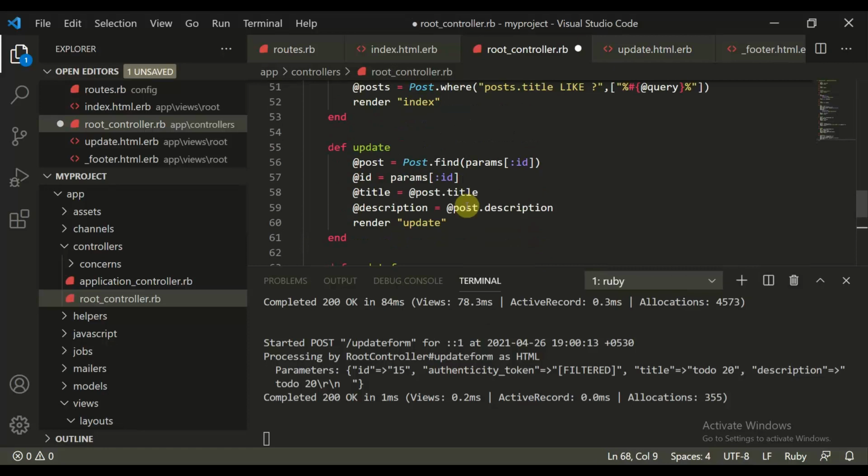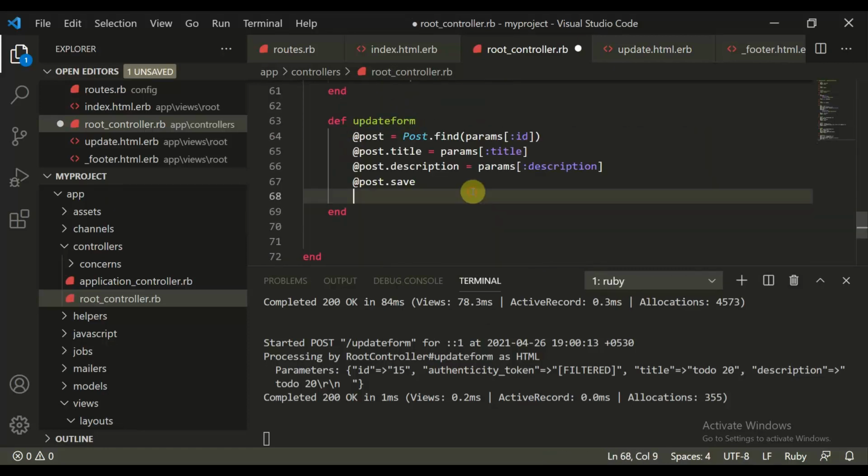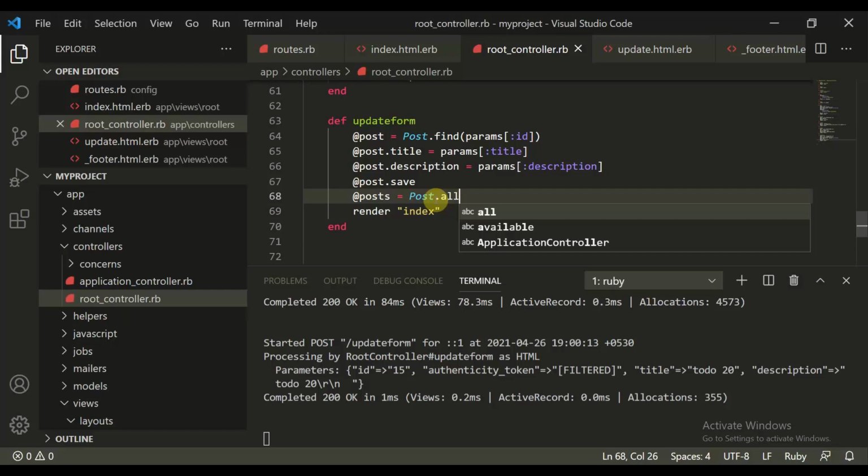Then we do our usual thing, we render the index page, we find all the posts, and we can simply do Post.all. So now it should work perfectly fine. We have the ID, title, description, then we save this, then we render everything.